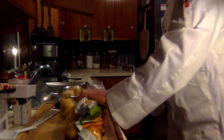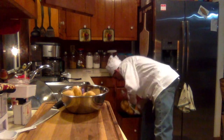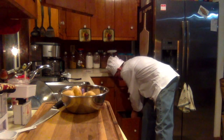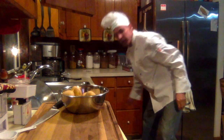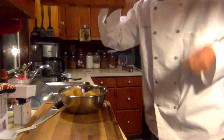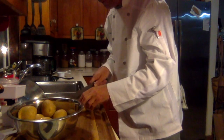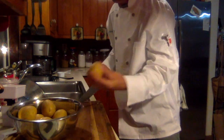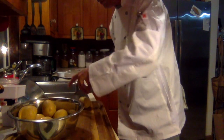Alright, so there's 2 pounds there. I actually measured it out for you. That's my potato bin down there. So all I'm going to do is quarter them. Cut it in half, and cut it in half again, and just quarter it. Put them in the pan. Same thing with the other ones. Quarter,